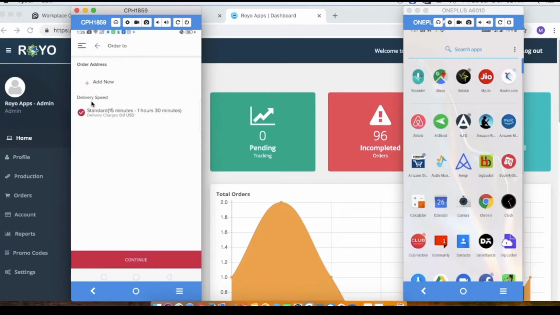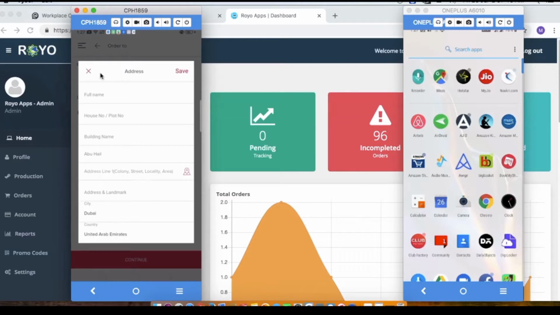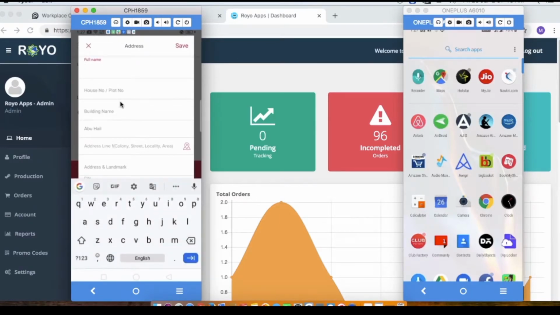When I click upon this button, it will ask you to add the delivery address. This is the address where you want to deliver your order. Just click upon this add new button and your form will open up. You need to enter the details like name as Sheena, plot number, building name,